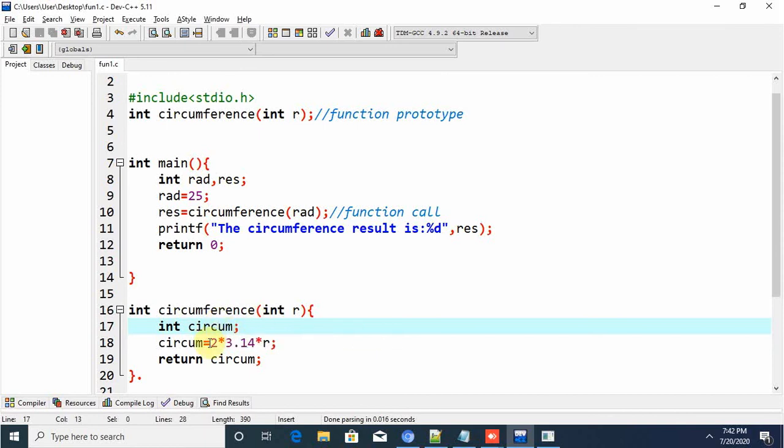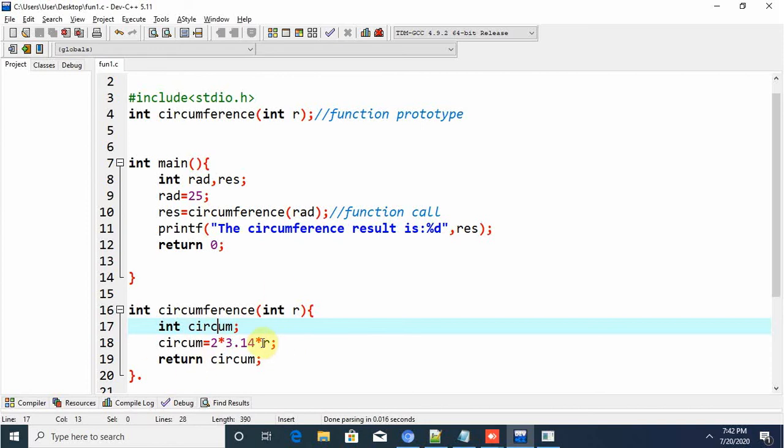So this variable is going to have my result. So 2 cross 3.14 cross r. This is the operation for that program, which means for that function.